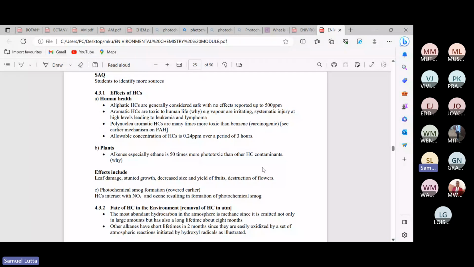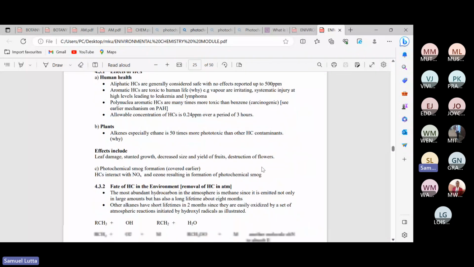If the plant does not get enough of these, there will be damage to the leaf, the growth will be retarded, the size and the yield will be low, and so forth. The other effect is that they also take part in the photochemical smoke, which we just covered a few minutes ago,